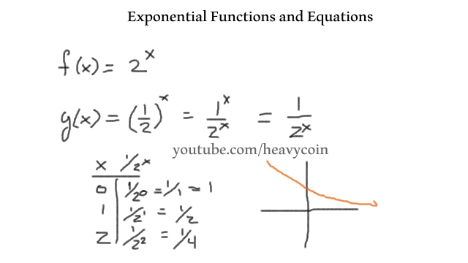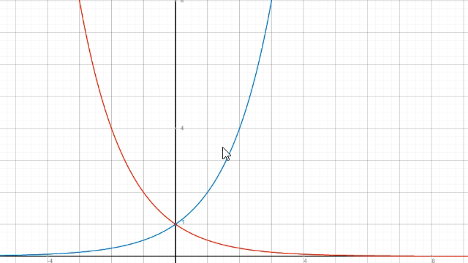So let's take a look at that graph. This was 2 raised to the x, and this red line right here is a half raised to the x. So we can see that it's getting closer and closer as x gets larger and larger. And look, there's some